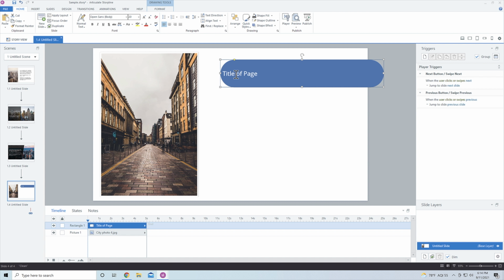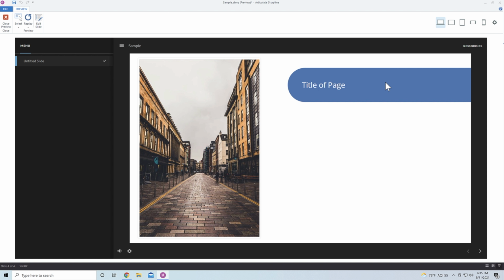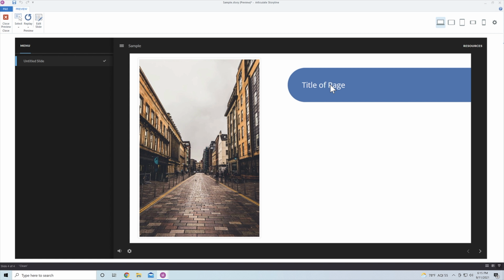But I kind of want to have it here, so we could actually indent this a little bit if we wanted to. And we can do this in the paragraph settings by clicking on indent, and then we'll indent our title page. And maybe if this was a little bit longer, it would look better. But if I click on preview this page now, you can see that this kind of pops out. And I may want to animate it to animate in from the right, and that may look a little bit better. So you can use shapes for different style elements to make your page pop out a little bit more.